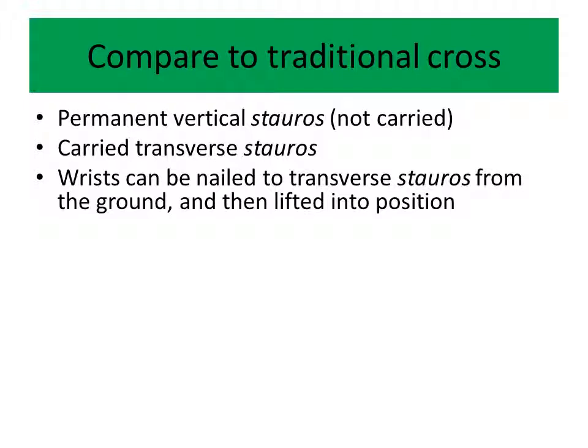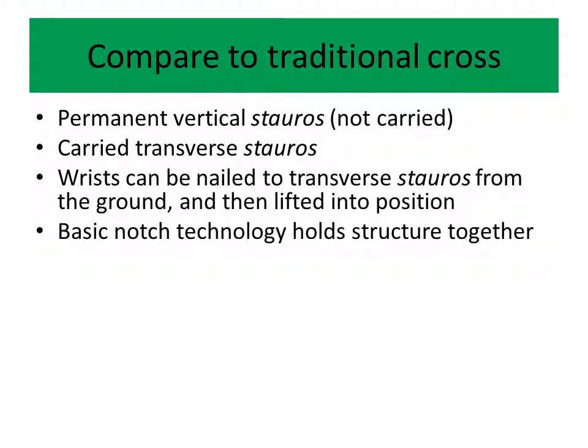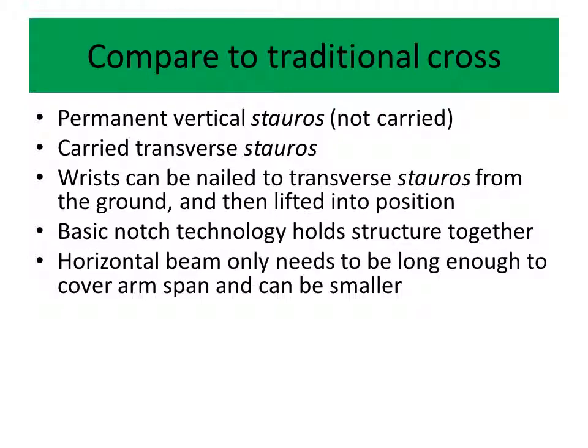Very simple, very easy. And then you basically have a notch in the permanent one that holds the horizontal beam together, and it's all attached, ready to go. And you just take the horizontal one out when you're done, put the next one in, ready for your next criminal. The horizontal beam doesn't need to be as long then, because all it needs to do is cover your arm span, which is usually about